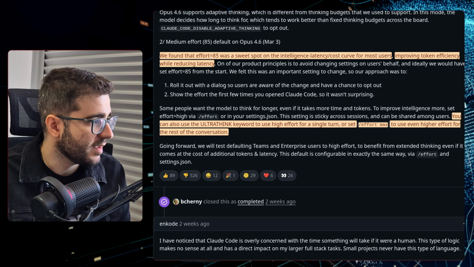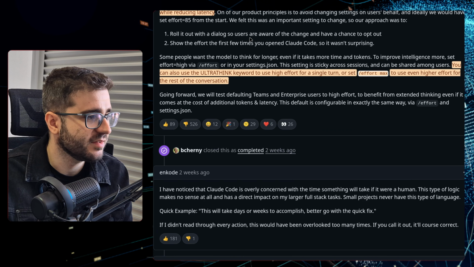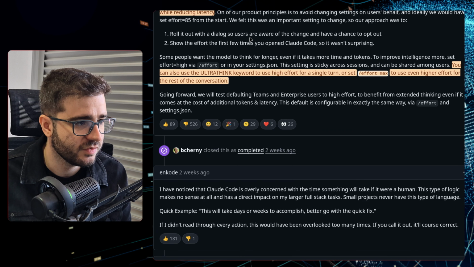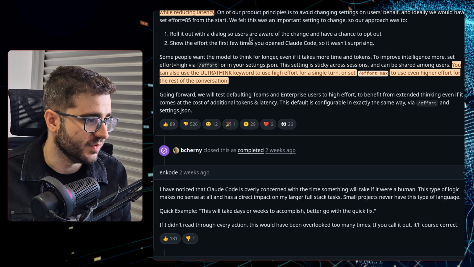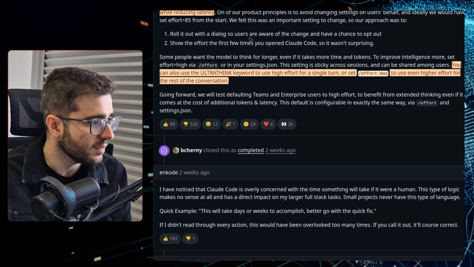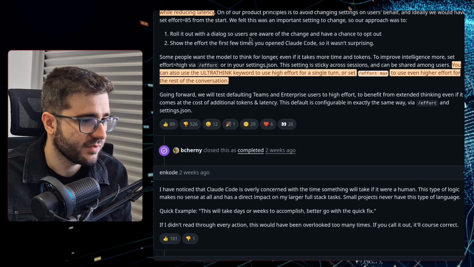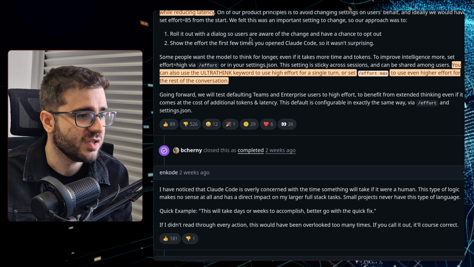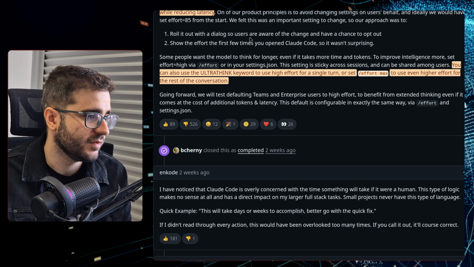He also said that they put medium effort 85 on Opus 4.6 on March 3. We found that effort 85 was a sweet spot on the intelligence latency cost curve for most users, improving token efficiency while reducing latency. And he left a very good tip that I started to use right now, which is that we can also use the ultra-think keyword to use high effort for a single turn, or set /effort max to use even higher effort for the rest of the conversation.